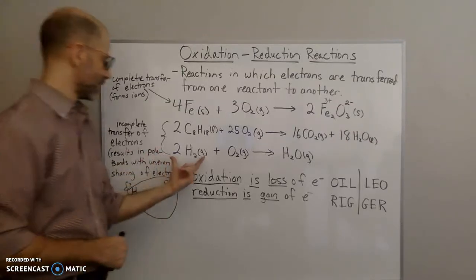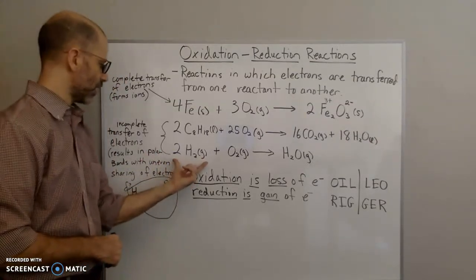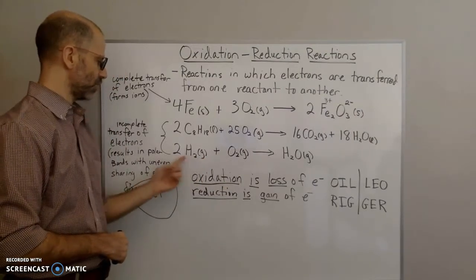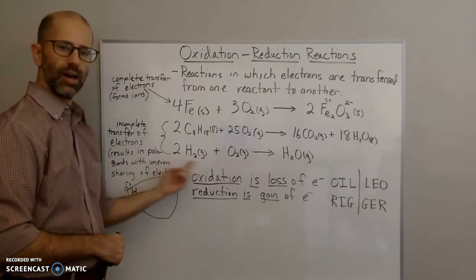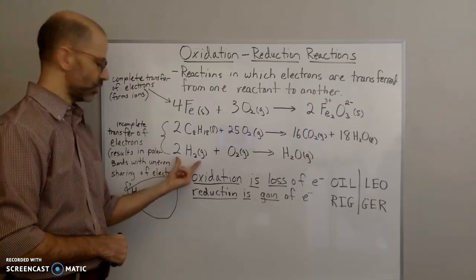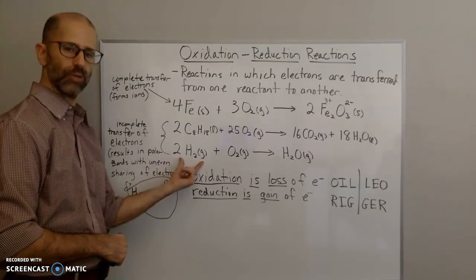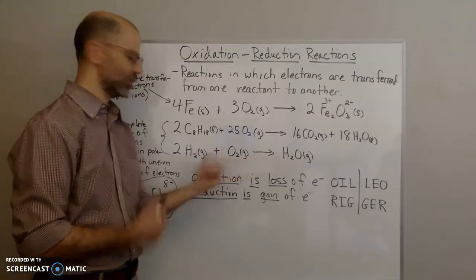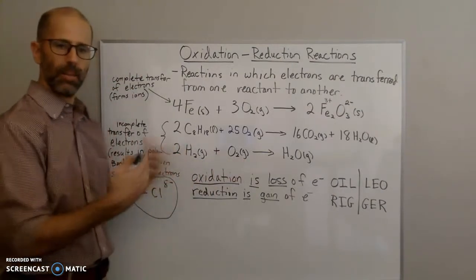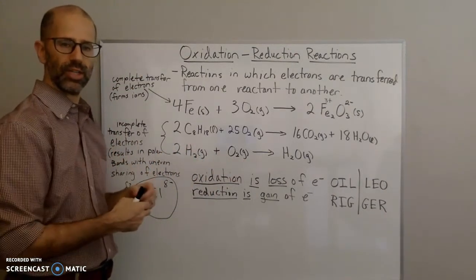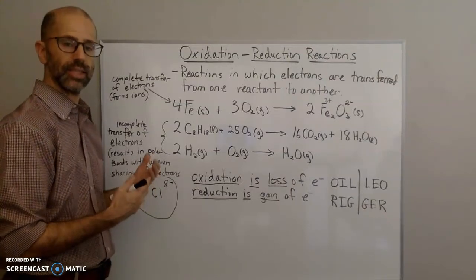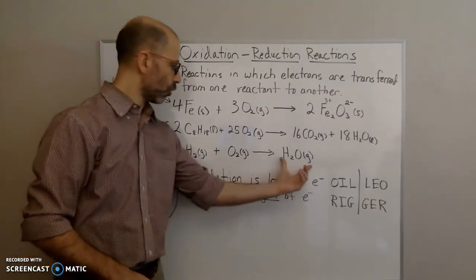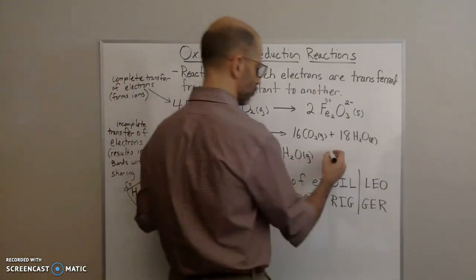You can kind of see that here. You have your hydrogen gas and your oxygen gas. Here the electrons are being shared evenly, because both hydrogens are equal in how much they want the electrons. And same thing for oxygen: 2 oxygen atoms are bonded together, so the sharing of the electrons is equal. However, when you form water, you get